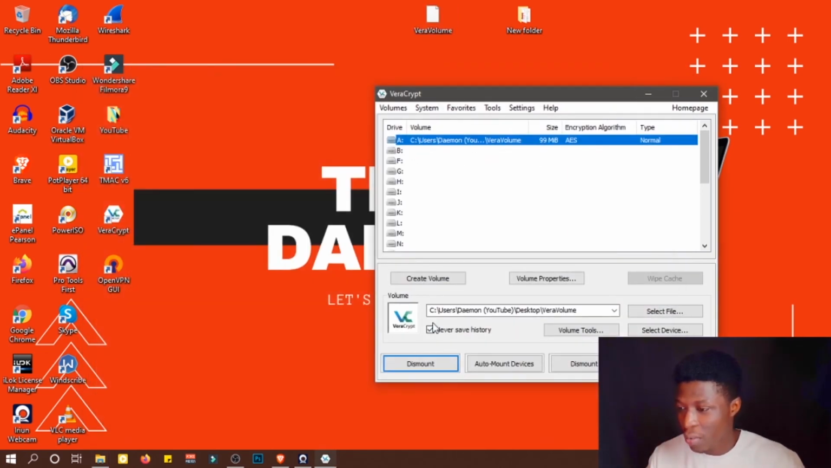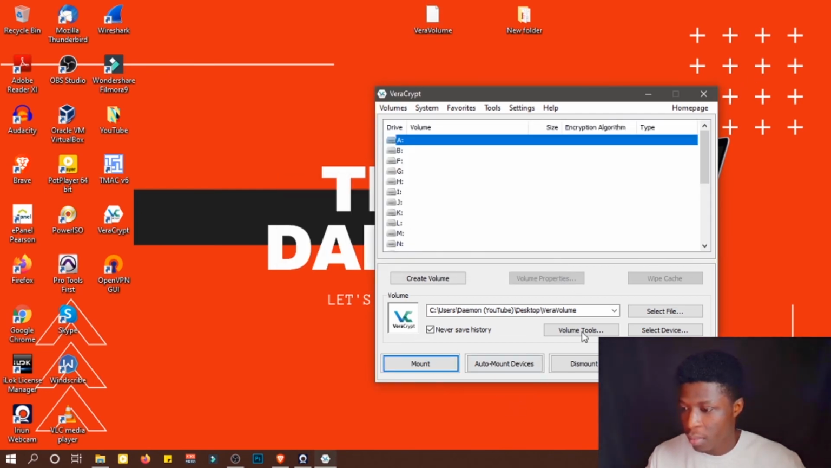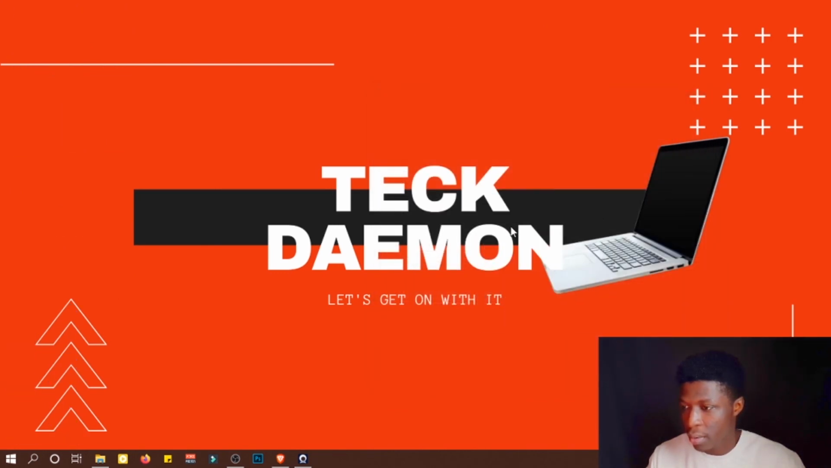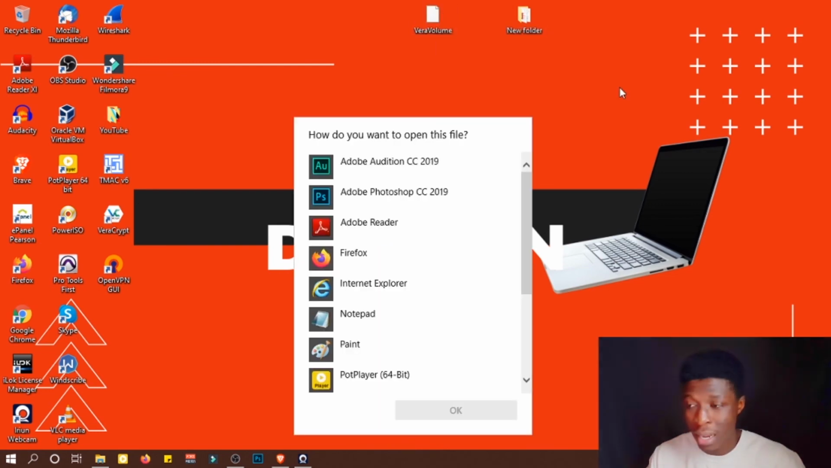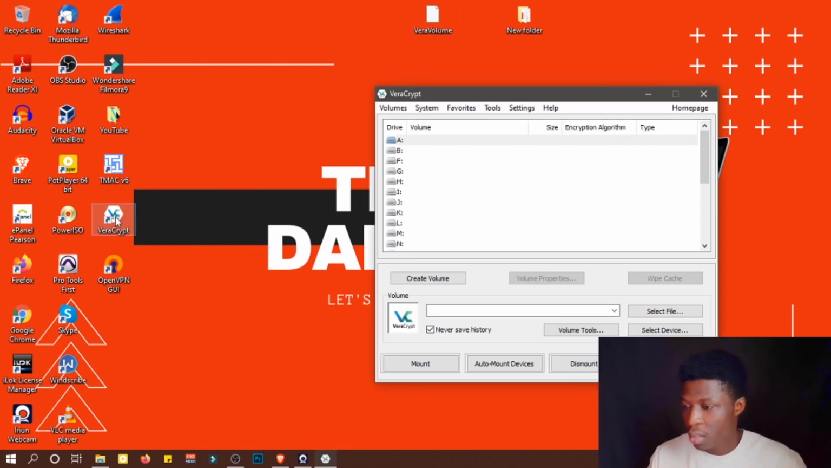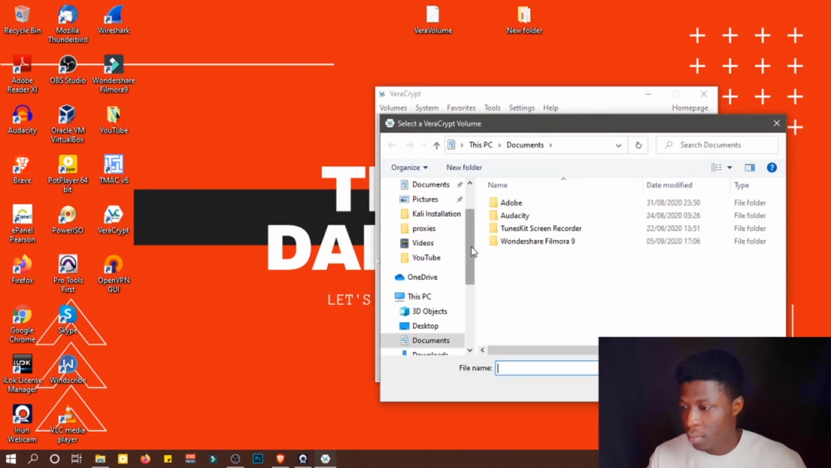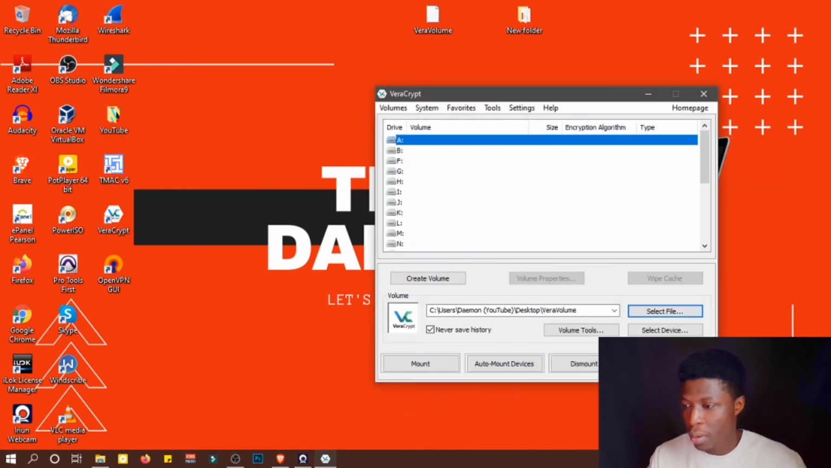I can close this off, and then dismount that. Okay, and then exit. So hit refresh. Now I need to find the software to open this file, but you can always go Veracrypt, double click. Now I need to select the file. Now go back to desktop, select my Vera volume, hit open,